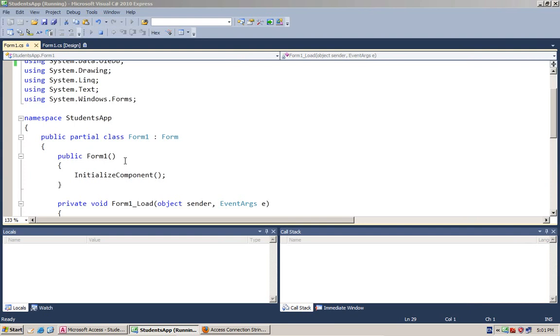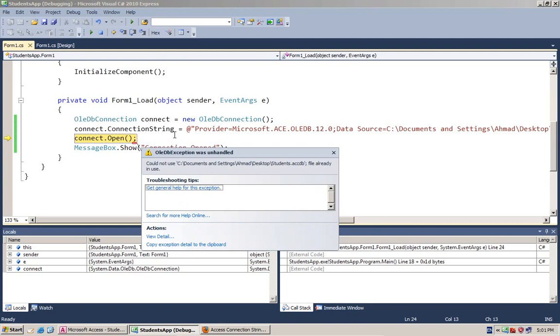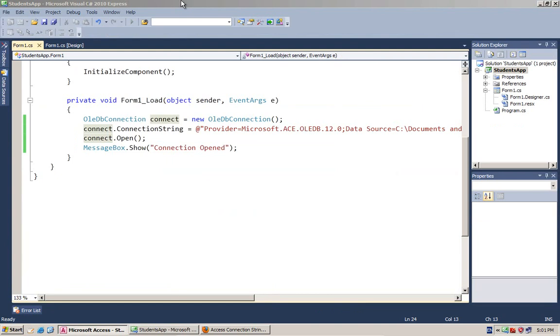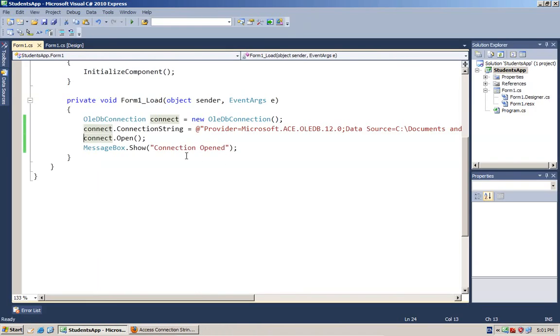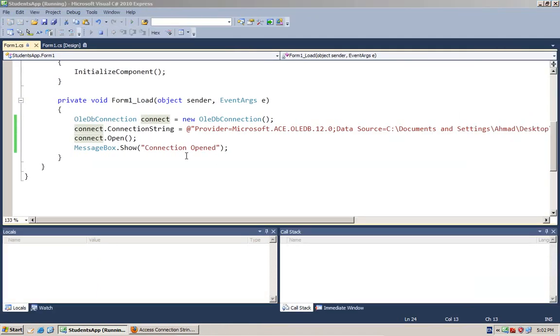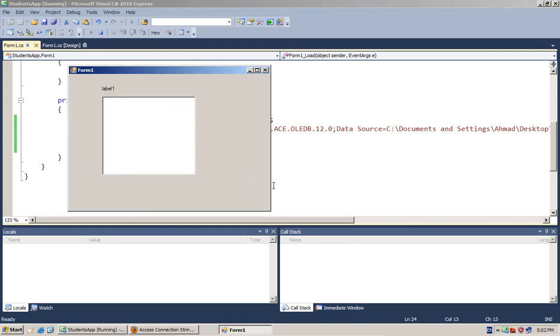seems like we're going to have an error, and most probably this error is because our Access application is open. Let's wait and see. Yes, that's the same problem. File already in use, so just stop this and close this Access application, because Access is not good for multiple applications using it. Okay, now we don't have any problem with it. Okay, fine.